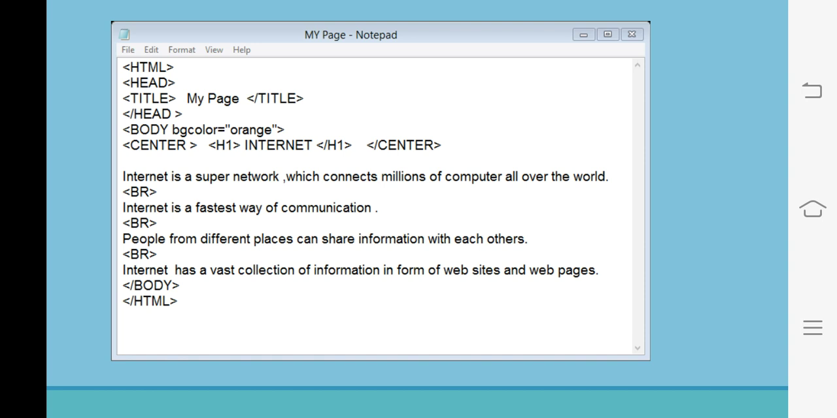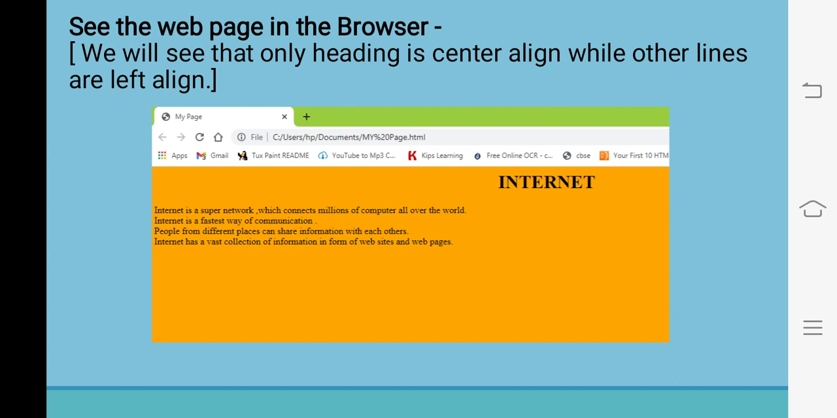And now children, after that we will write a line, definition of Internet, and you will see we have used a br tag to enter a new line break. After that we will close our body tag, and at last we will use /html to close the html tag. And after that children, we will save our page, and now we will open our web page